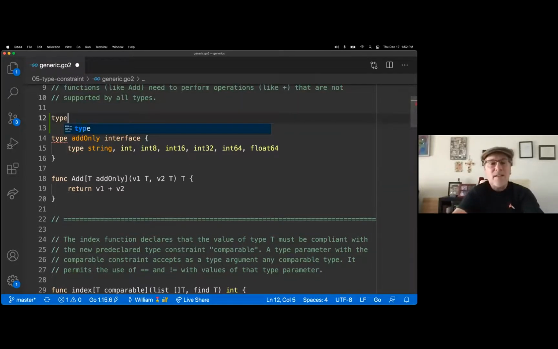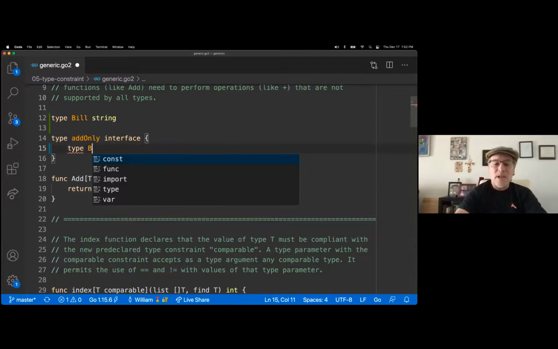And what's also nice is the compiler can leverage underlying type information. So if I defined a type named Bill, which was based on a string as the underlying type, I could also use Bill